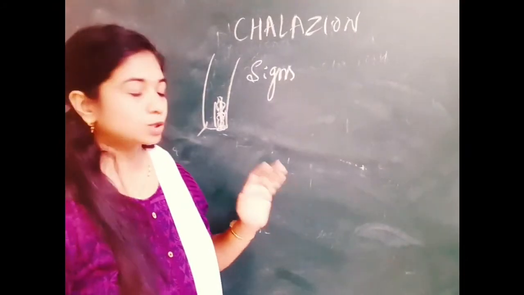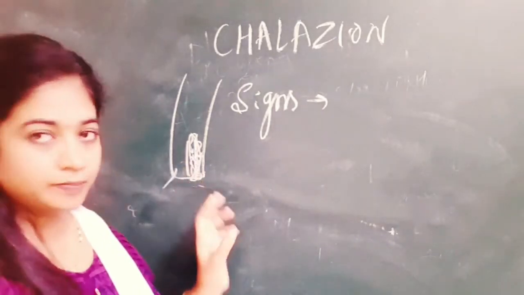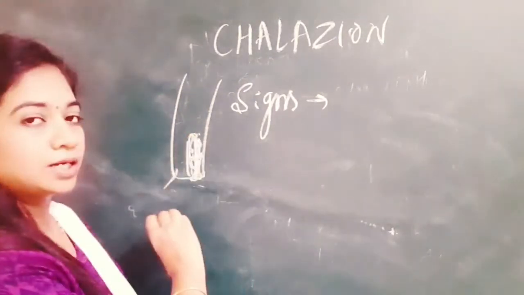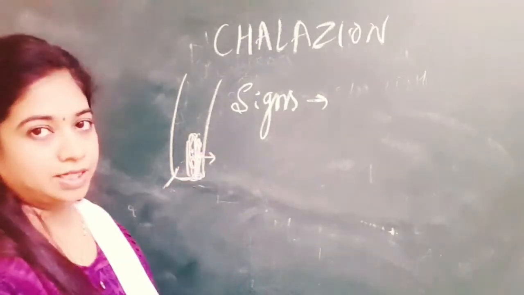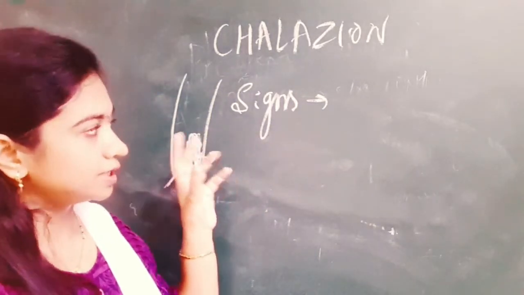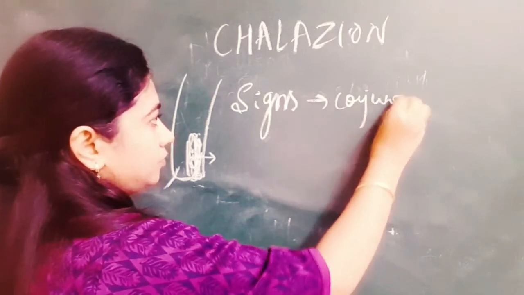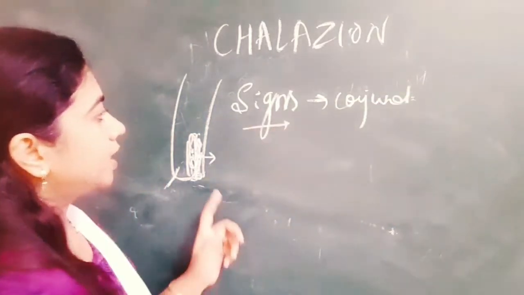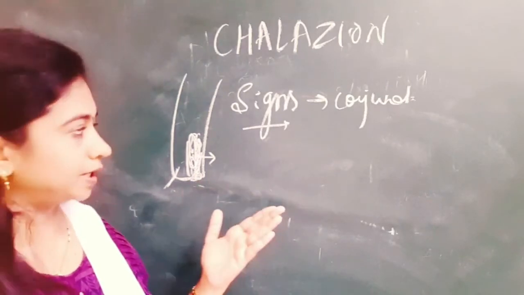So coming to signs, we have a swelling here, which is because of the meibomian gland. So it is away from the eyelid margin. It is more towards the conjunctival side, and there are no signs of acute inflammation in the conjunctiva, but there is reactionary hyperemia of the conjunctiva. It can be a single or multiple chalazion, as I told, and it is more common in the upper eyelid.